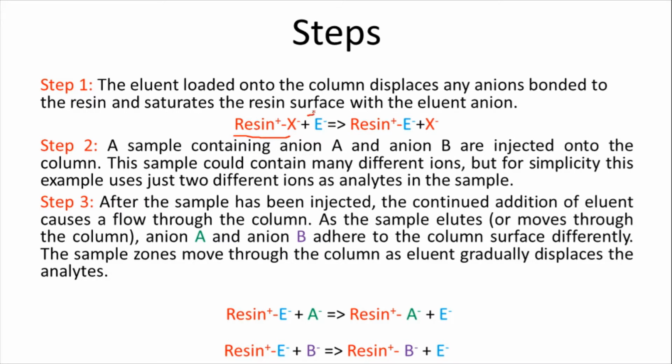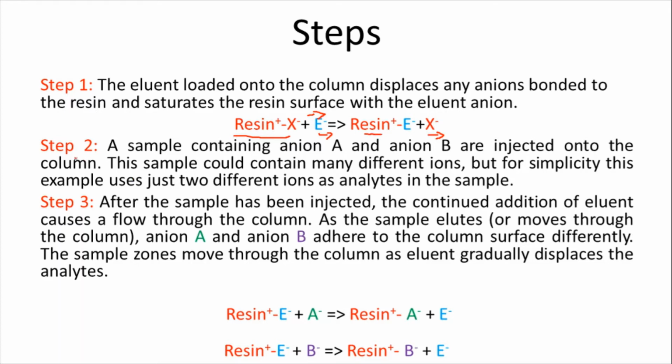Once you activate the column, if you are using some eluent, yes, the eluent has some low pH buffer. It can have some charge. This charge of the eluent is higher than the resin-bound anions. So once the eluent anion replaces and removes the already bound anion, it is called X. So the E goes to bind the resin. Now the resin is activated.